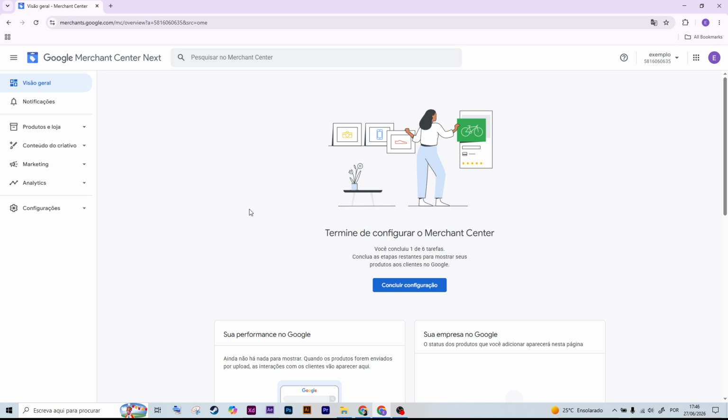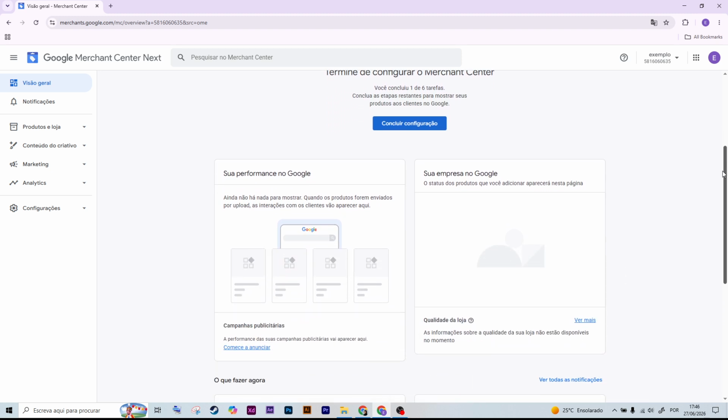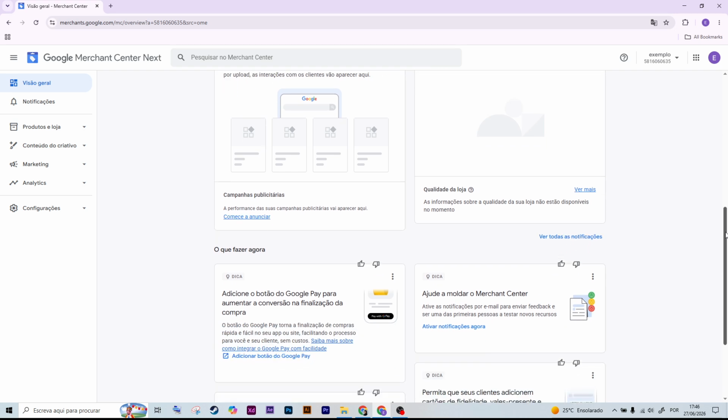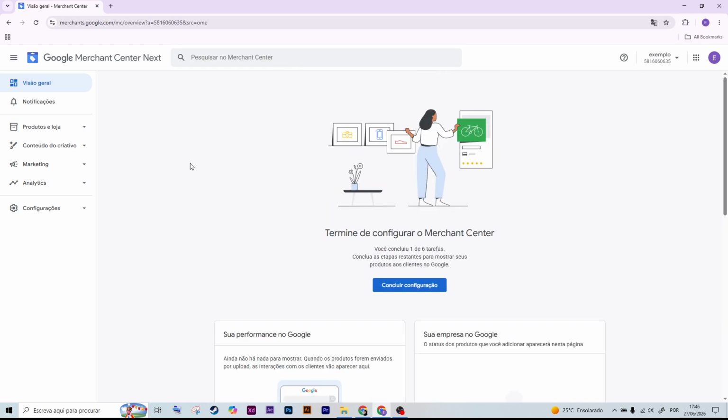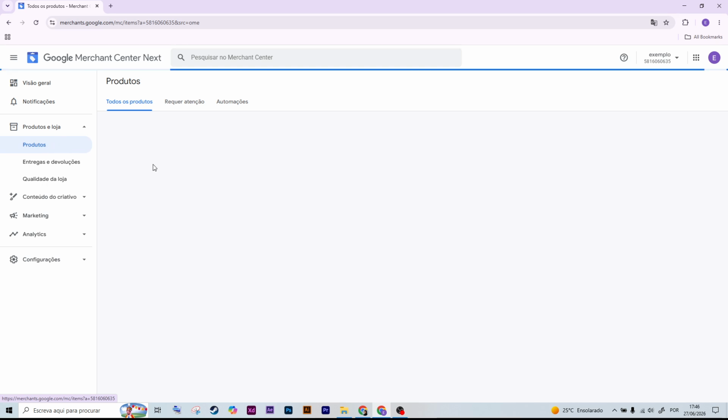After that, verify and claim your website by following the steps provided in Merchant Center. If your website is already verified through another Google service, this step may be completed automatically. Now go to Products and choose how you want to add your products. You can sync them from an e-commerce platform like Shopify or WooCommerce, upload a product file, or use the Google